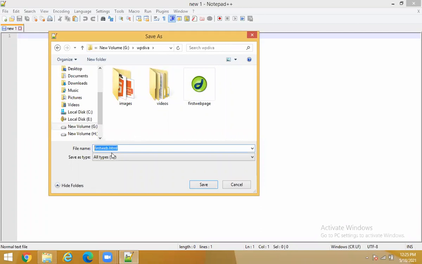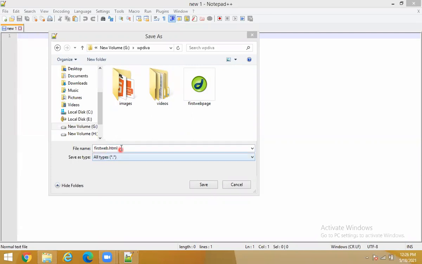The name that you give should refer to your file. Do not give any other names like any film name, hero name and other names. Just give a proper name to the file. I am creating my first web page for you, so I am giving the name as first web. Use proper naming conventions when you are doing programming. Do not use any other kinds of names. And do not forget to write .html.